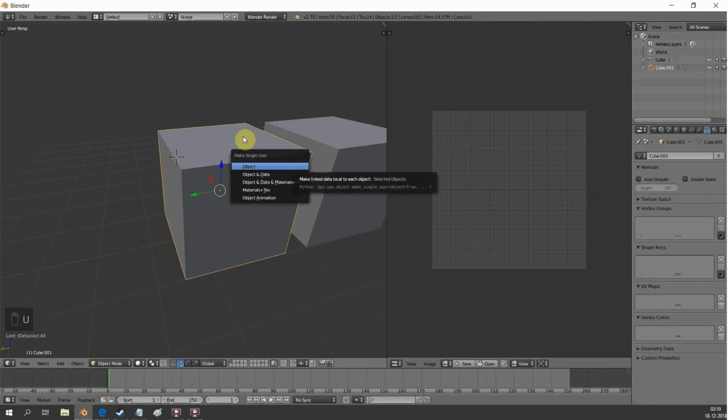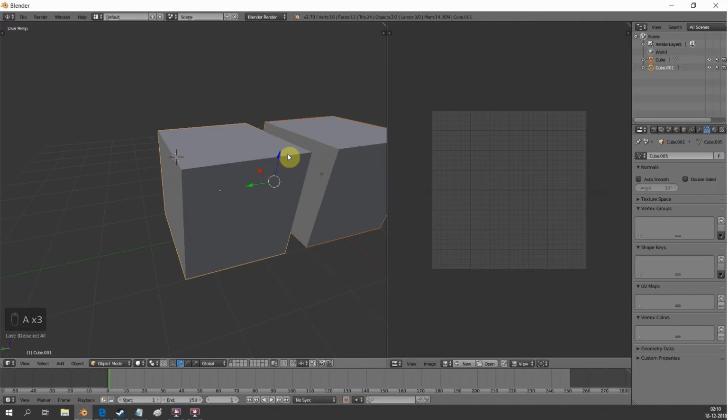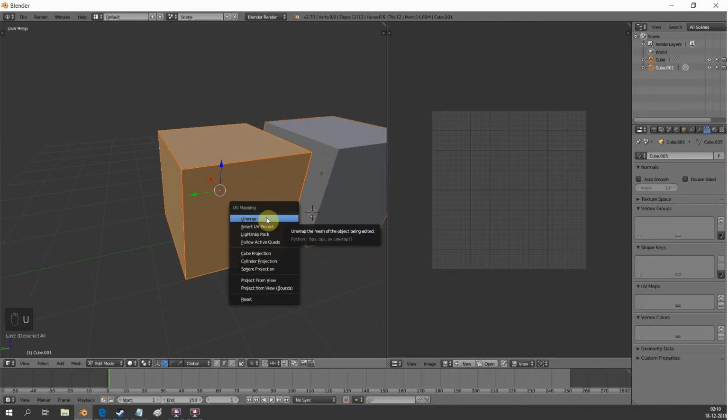Give me a minute. Let's do A. Now it selects all. We don't want that. Let's go to edit mode, click away, let me see, there we go. And let's do unwrap. So unwrap,